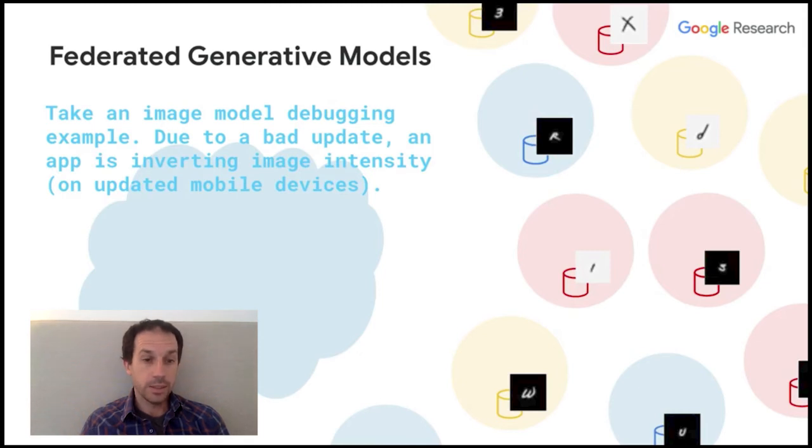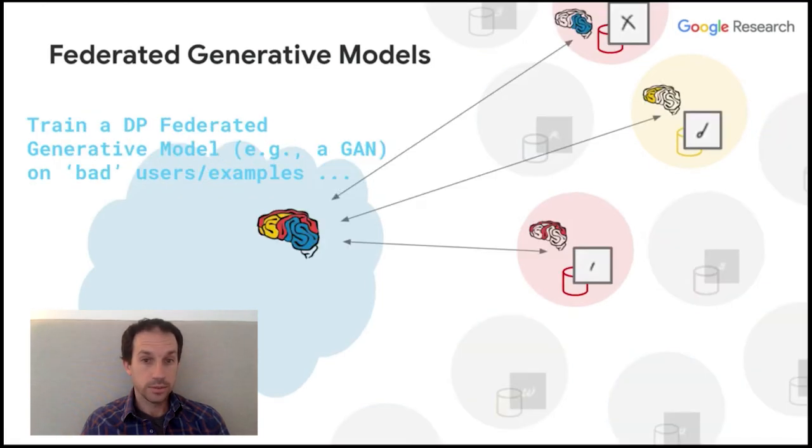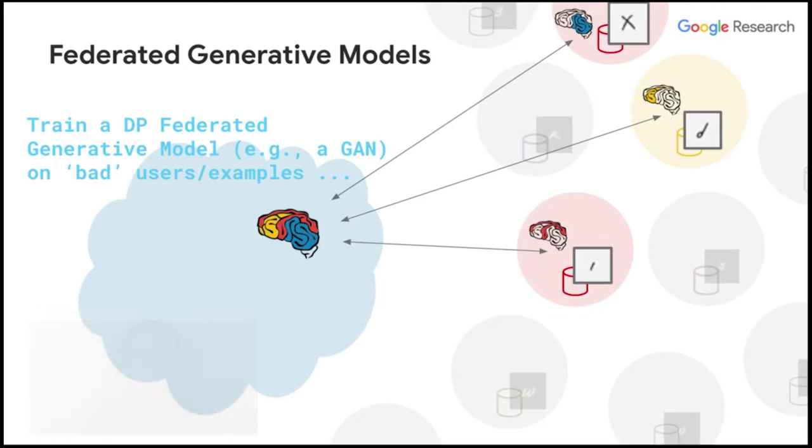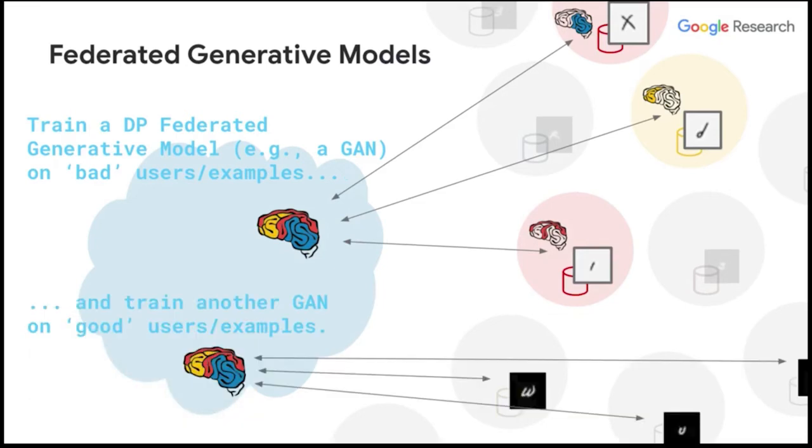So how can the development team diagnose what's going wrong? Well, they can train, via federated learning, a generative model on the devices exhibiting low classification accuracy. And in parallel, they can train a second generative model, also via FL, on the devices that continue to classify well. GANs are a natural choice in this case, as we're in the image domain, so we'll refer to GANs